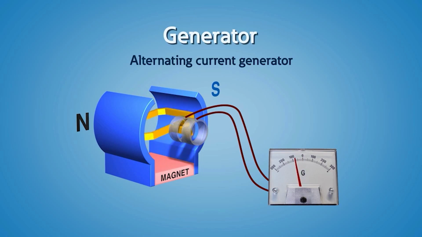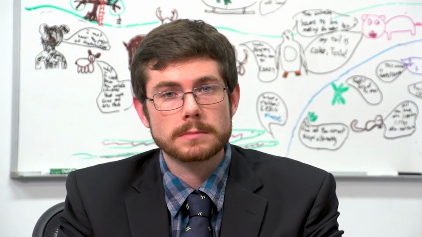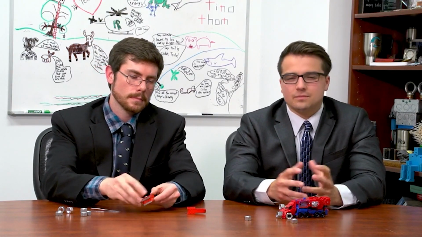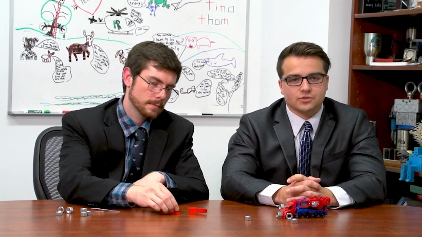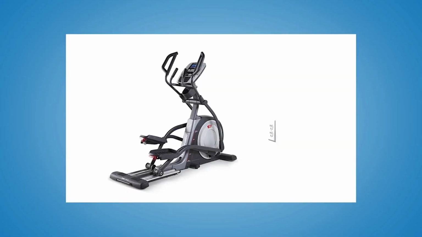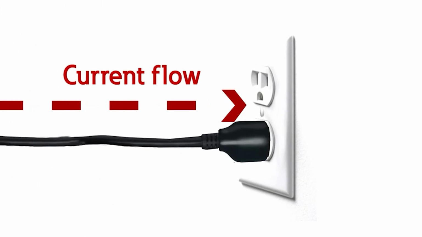The energy input to spin the rotor can come from coal, natural gas, and nuclear. And of course, interns. Modern-day ellipticals and exercise bikes use a similar type of generator to power the onboard electronics. So if you're paying for a gym membership, you're basically paying to produce electricity. A wise man once said, if you don't want to pay your electric bill, hook up an elliptical to your house and feel the burn.